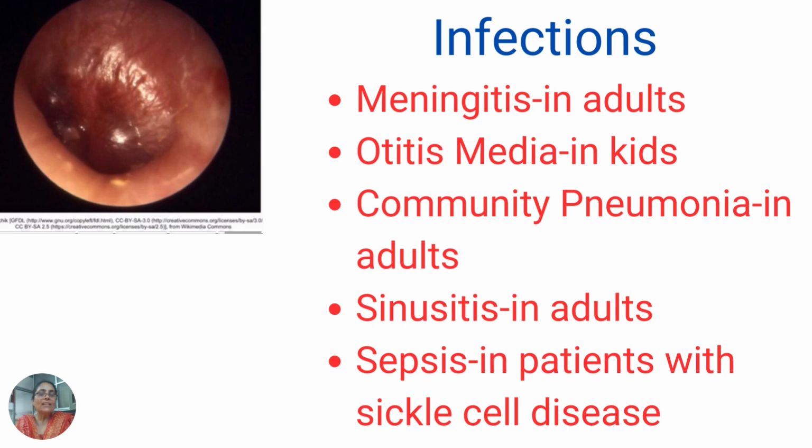Then pneumococcus also causes community-acquired pneumonia, that is, person to person spread. Pneumococcus usually colonizes the nasopharynx area, and when a person sneezes, airborne and person to person contact may lead to this. Then sinusitis, which is swelling of the nasopharyngeal layers, is also caused by pneumococcus, and it usually occurs in adults. And sepsis is also seen in patients with sickle cell disease, patients whose spleen is not working properly, or patients who are